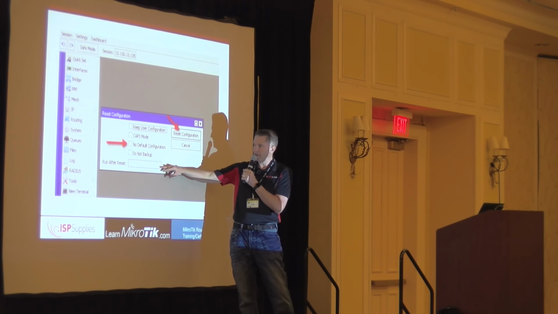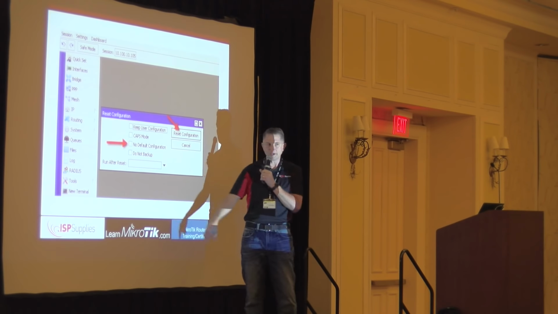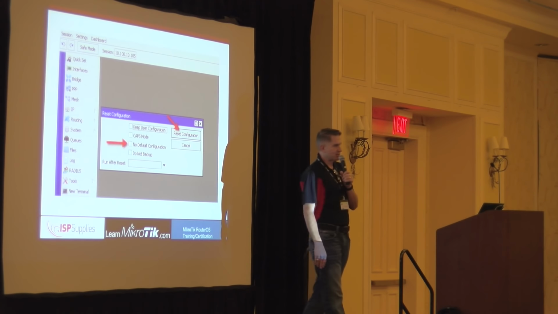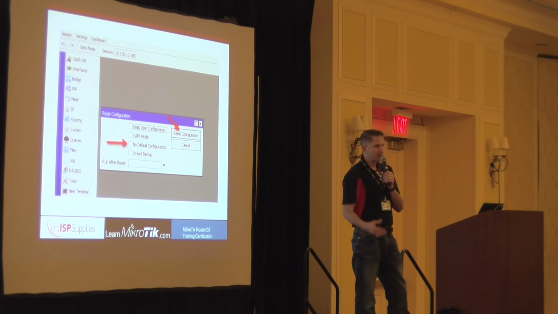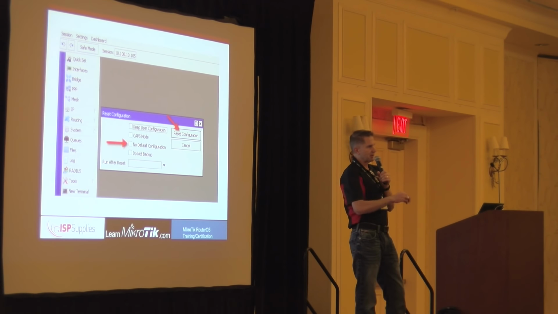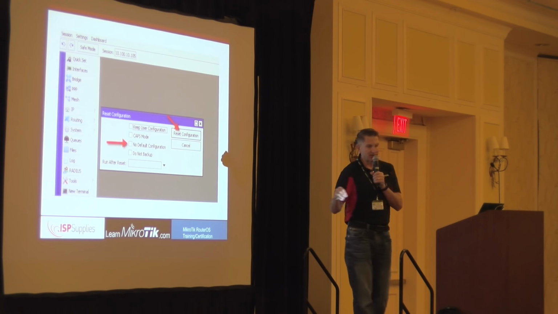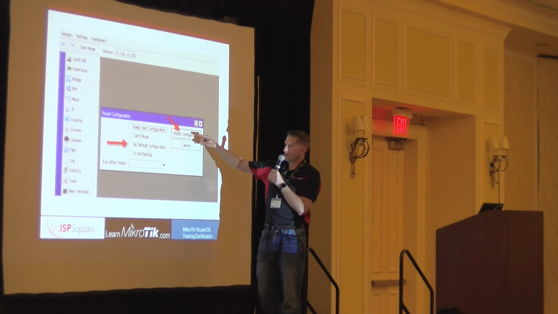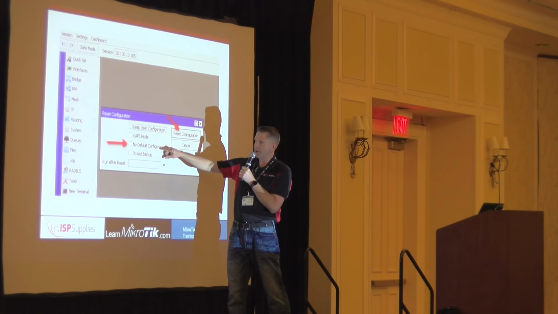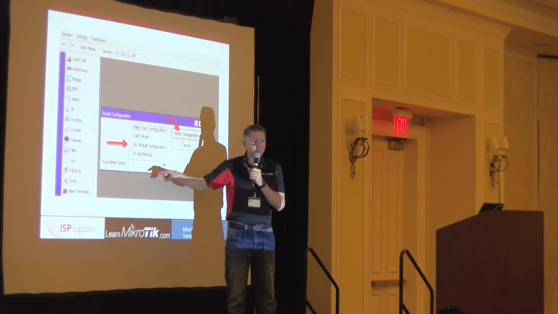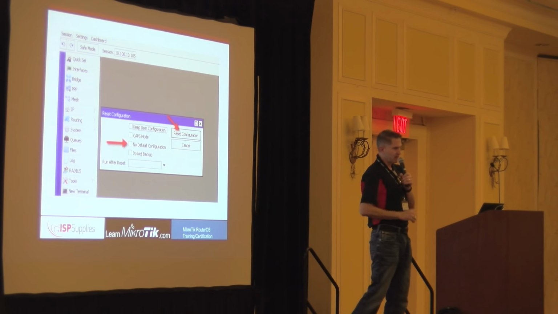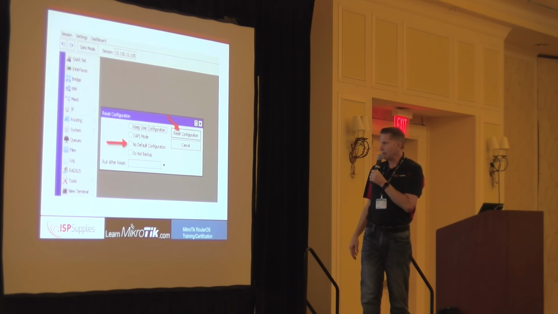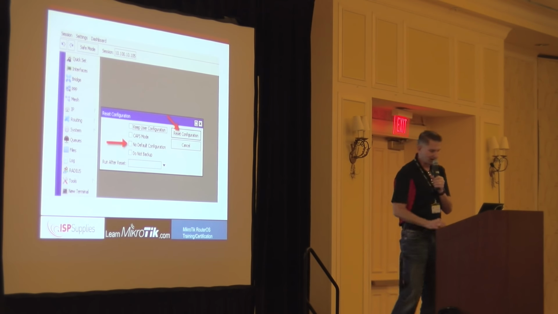And then here's one I find especially helpful, is run after reset. This is where you can specify a script file that you've uploaded to your router. So for instance, I might do an export, drag that export file into a router, then do a reset configuration with no default, and then after reset, run that script, whatever it was. That will clear out the router, load the export, and then you'll have that configuration, and that works really well.